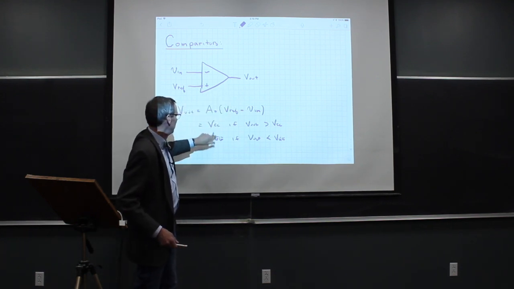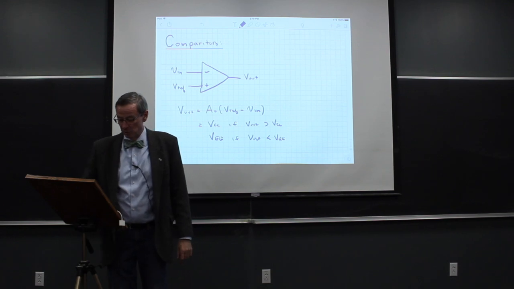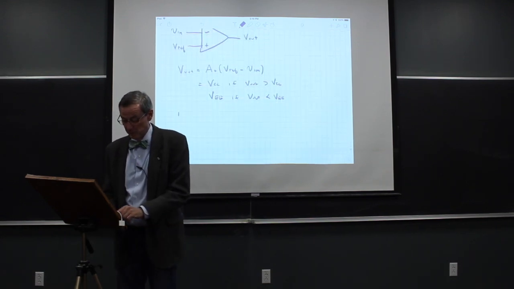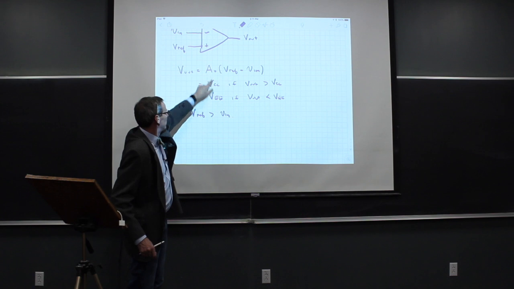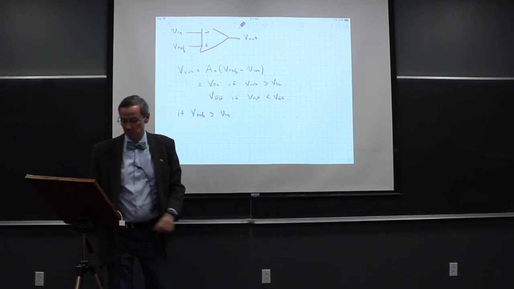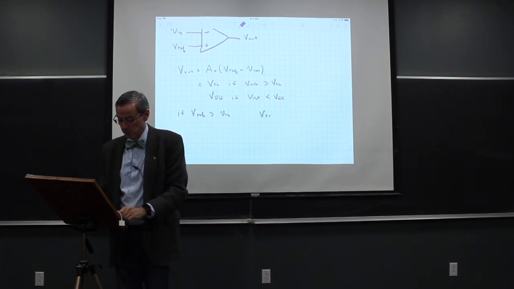It's either going to be VCC or VEE. And we can look at this. If V reference is bigger than V in, then this is going to be really positive, and we're going to get a VCC for an output. V out equals VCC. And if V reference is less than V in,